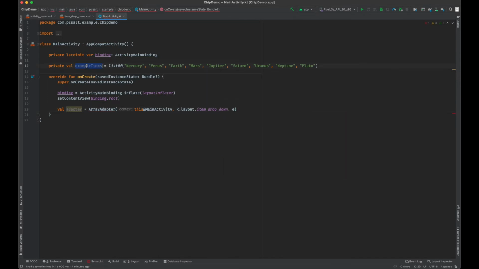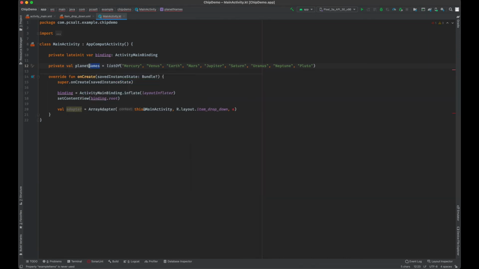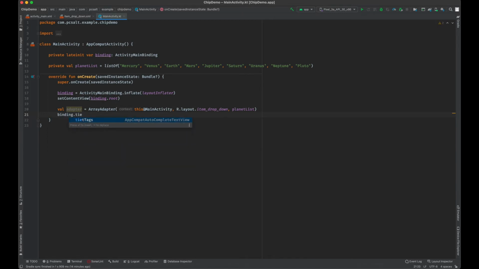Let's rename it to planet list. So we're passing these, and once done, we will be setting this adapter to the autocomplete text view using the set adapter method. So binding.tit text tags set adapter, and the adapter is done.